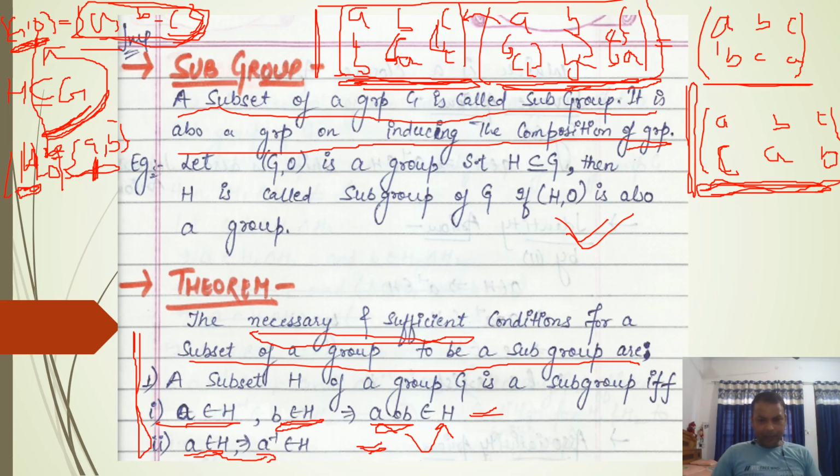It means if G is a group and we want to prove that its subset H is also a group, that is, a subgroup of G, then we can show only two properties for this subset H. The first property is closure and the second property is the inverse property. Then we can say that this H will be a subgroup of G, that is, it will be a group. So here we have no need to prove the identity and associative properties. In the next slide we will see the proof of this theorem.